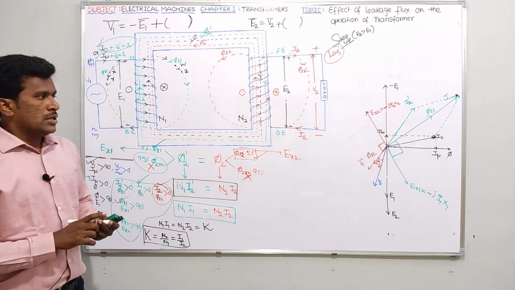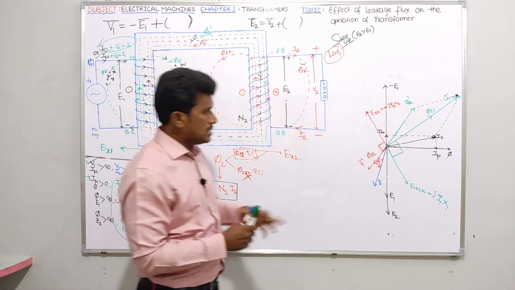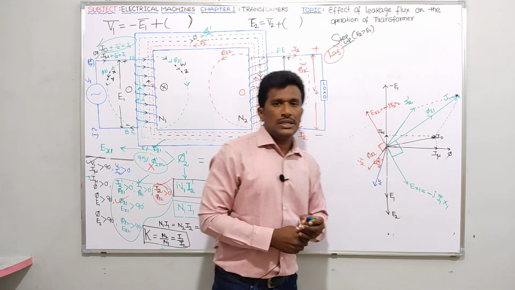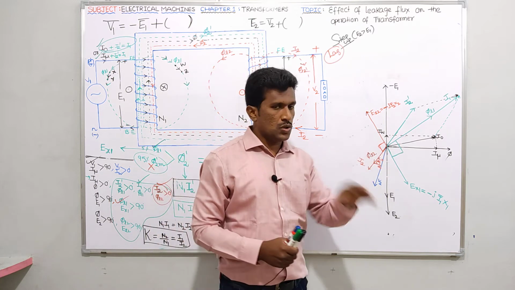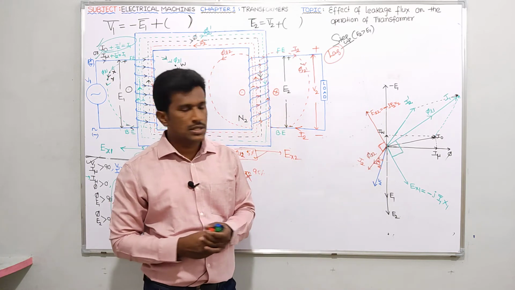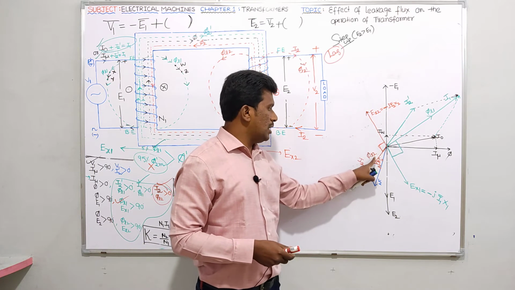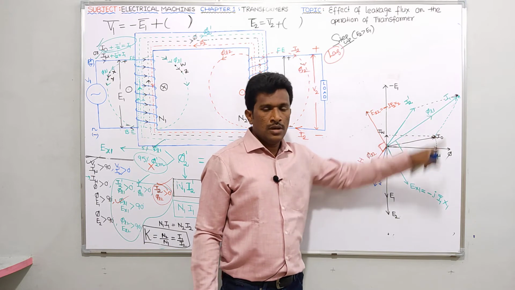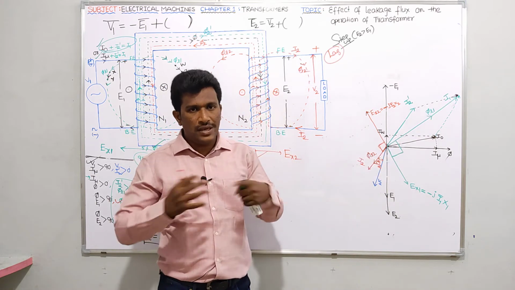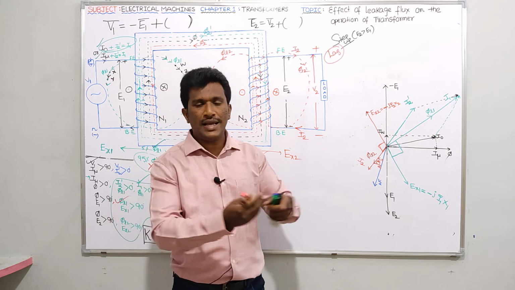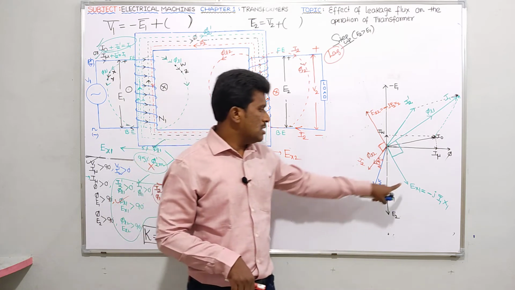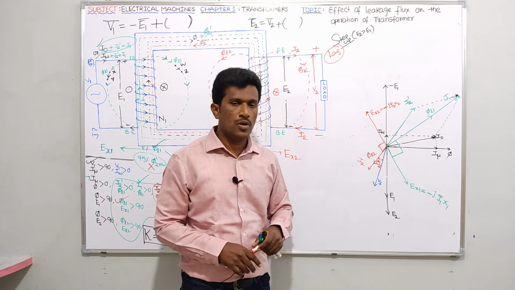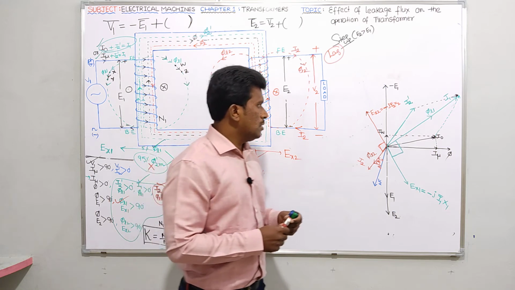Then some people may get one doubt: sir, this Ex1 and Ex2 are out of phase. No, sir, it's not exactly out of phase. Even if they are out of phase, they may think let me cancel these two things. No, you should not cancel those things, because this Ex2 is because of pi L2 flux and this Ex1 is because of pi L1 flux. If two EMFs are because of the same flux, then if they are out of phase you may cancel. But here Ex1 is due to pi L1 flux and Ex2 is due to pi L2 flux. How can you cancel those things? You should not cancel.